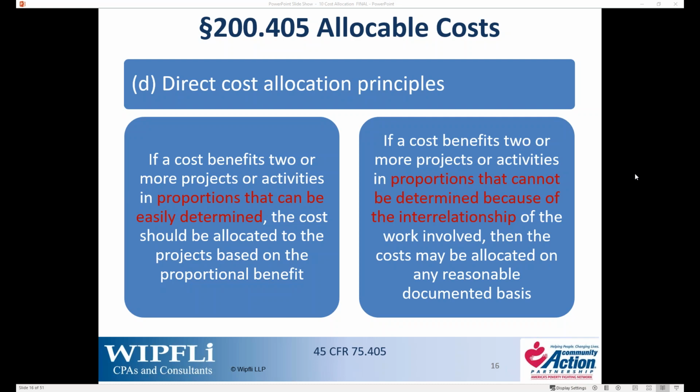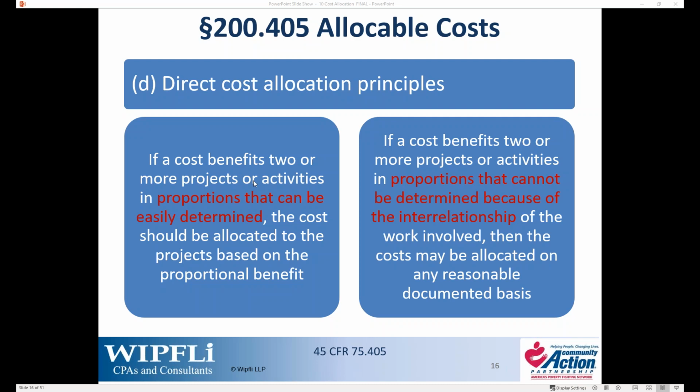So, for example, on the first section where it says that proportions can easily be determined. I have two programs. I purchased 5 boxes of paper. I gave 3 boxes to program A and 2 boxes to program B. I know exactly how to allocate that cost. But if I have 2 programs, 5 boxes of paper, and 1 copy machine, then I may not be able to determine the exact